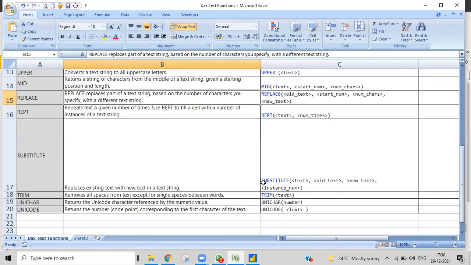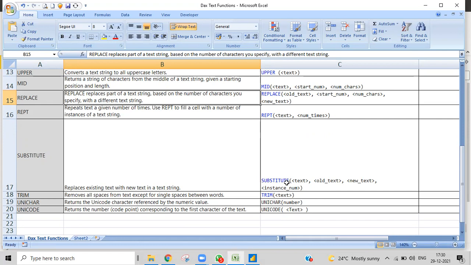And then we have substitute. Substitute is another function that we can use. It replaces existing text with new text in a text string. Just like replace, but substitute is something new.